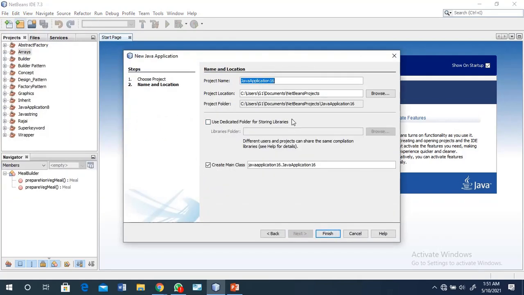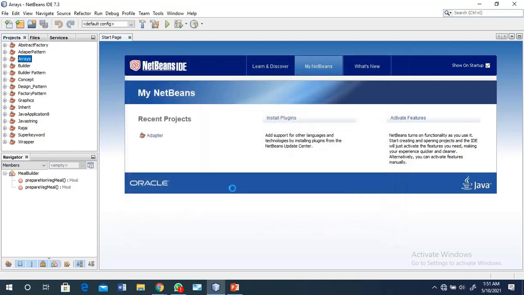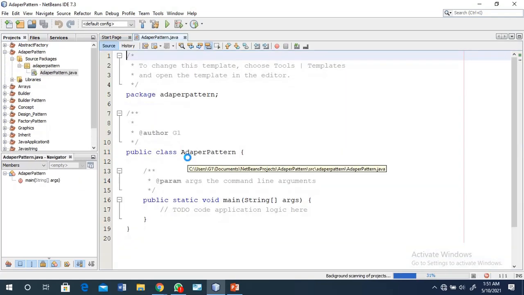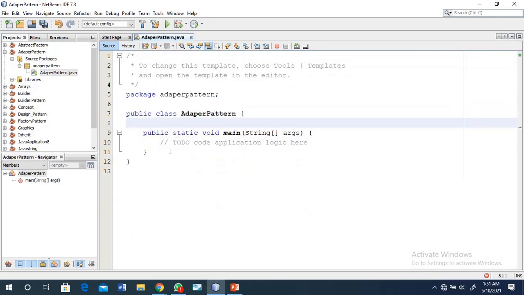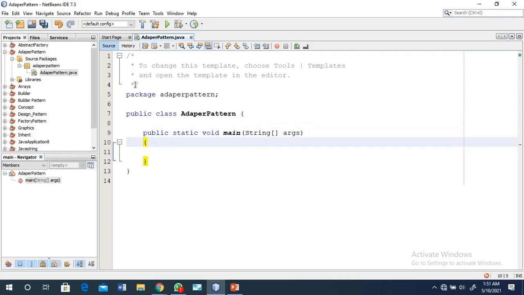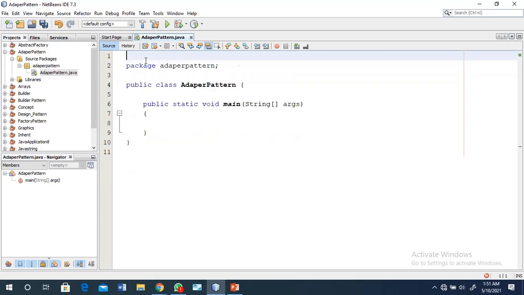Next, we assign the name adapter pattern. That is the main method of your application. You just remove unwanted lines from here. If you require them, you keep them as they are.